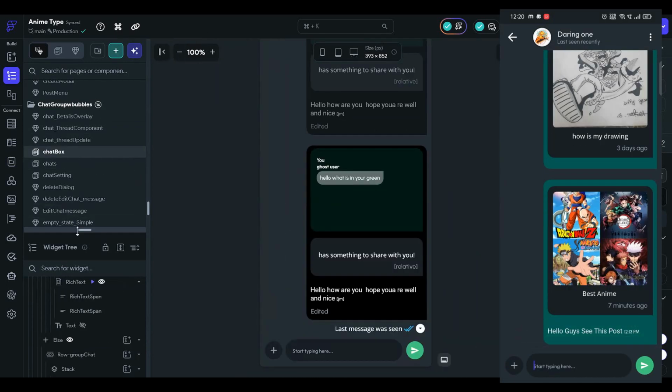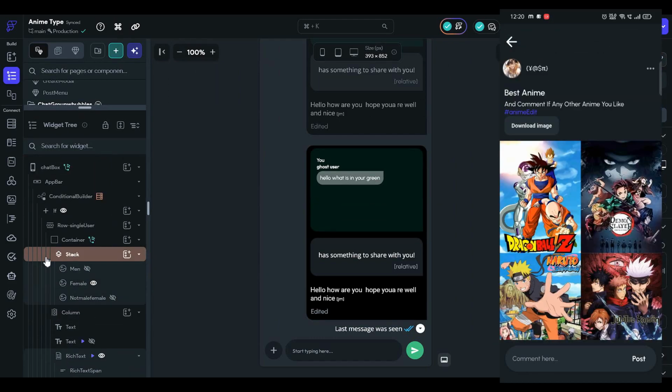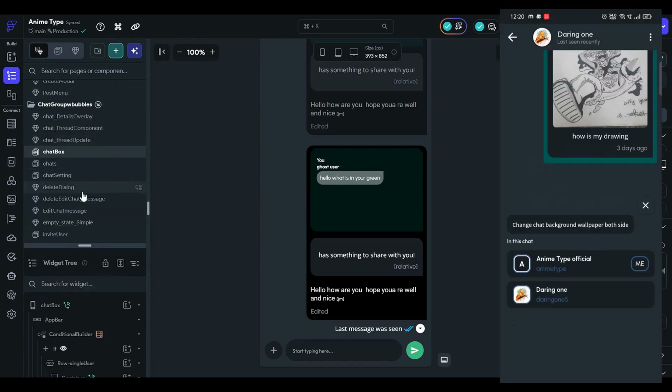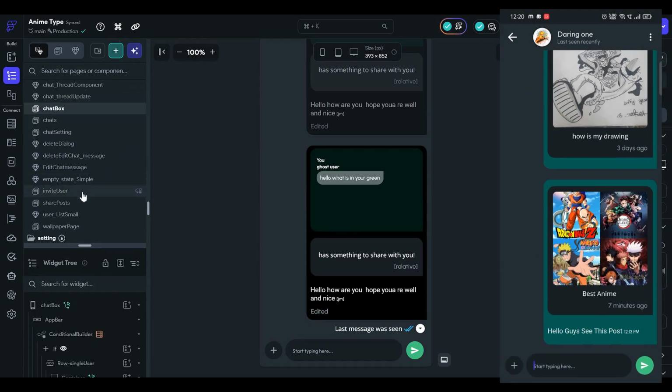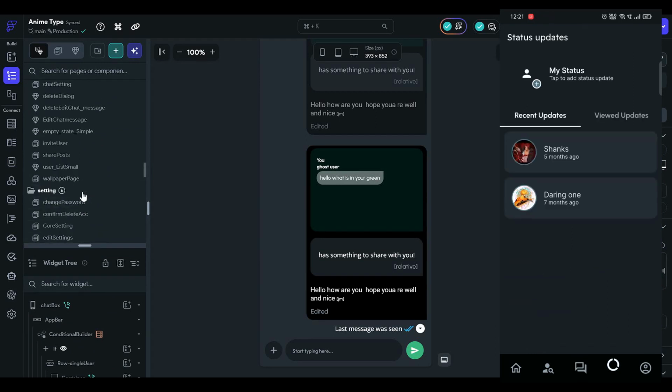In chat settings, you have several options like only friends can message me or who can add me to a group. If you allow people to add you, your name will appear in their options. If not, they cannot add you. You can also hide your last seen or online status. If you enable this, no one will see you online.